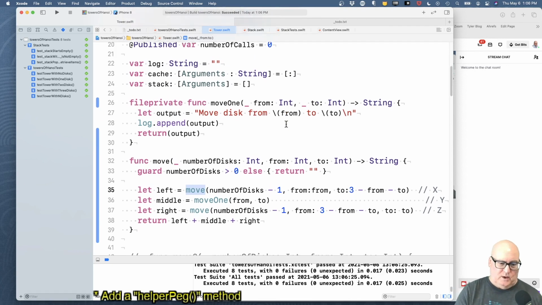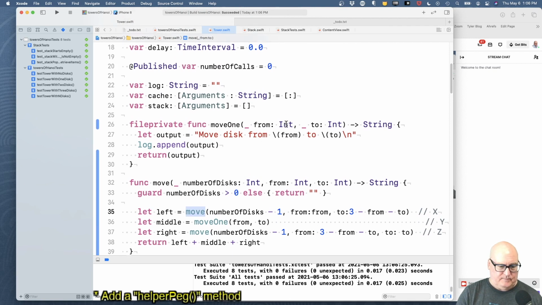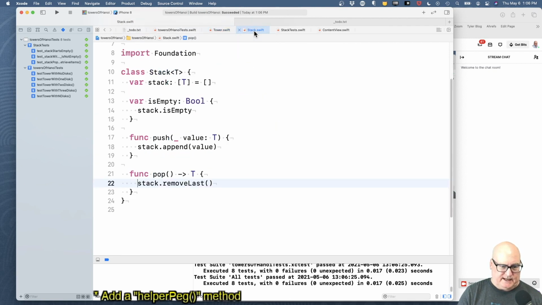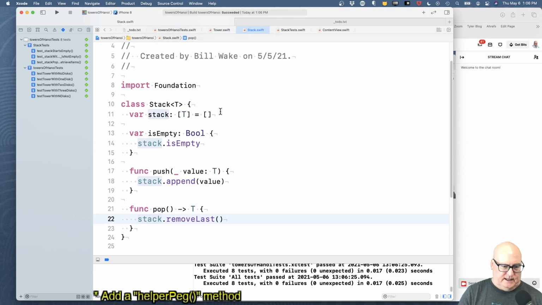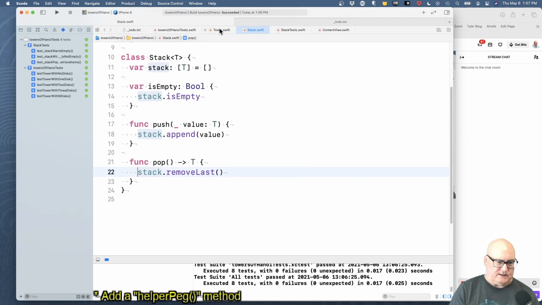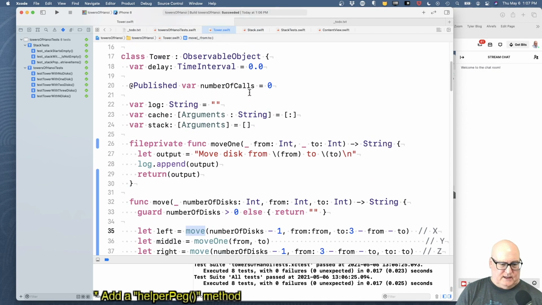So what I'd like to do, well, we introduced this stack yesterday, and I think we can use that to represent the contents of the 3 towers because the towers act like stacks. Okay, so